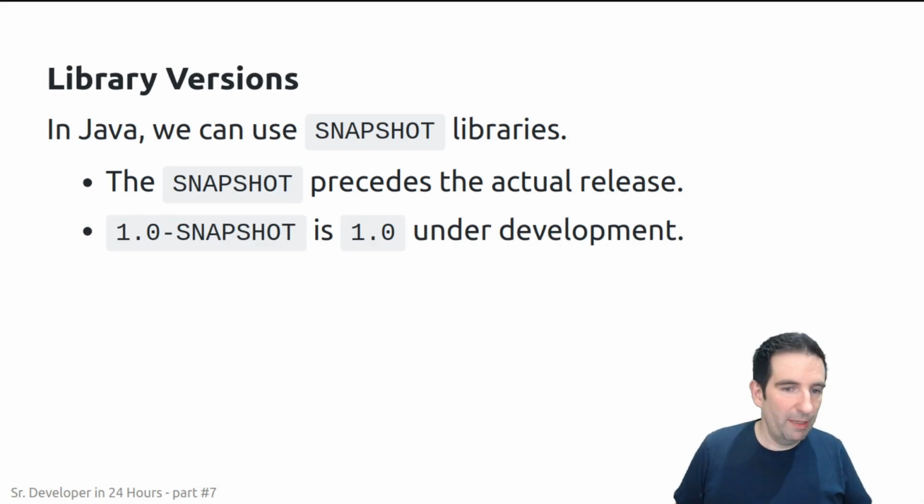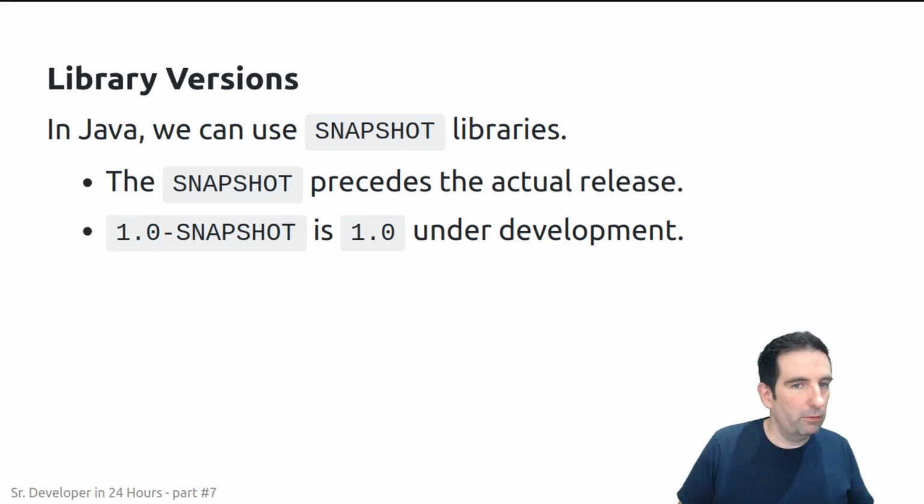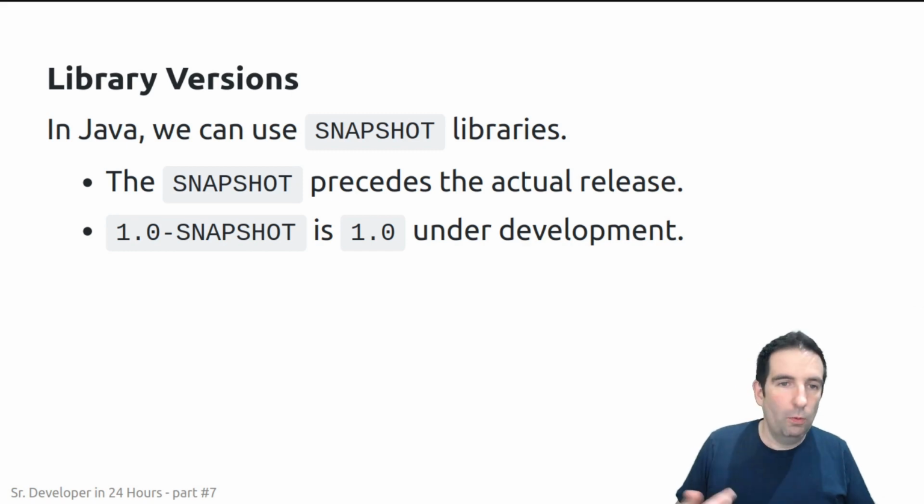What this means is that, for example, 1.0-snapshot is version 1.0 under development. So as the team progresses, they get closer to 1.0. They keep updating the 1.0 snapshot artifact. We can refresh it, and we can get those changes as they're coming down the line